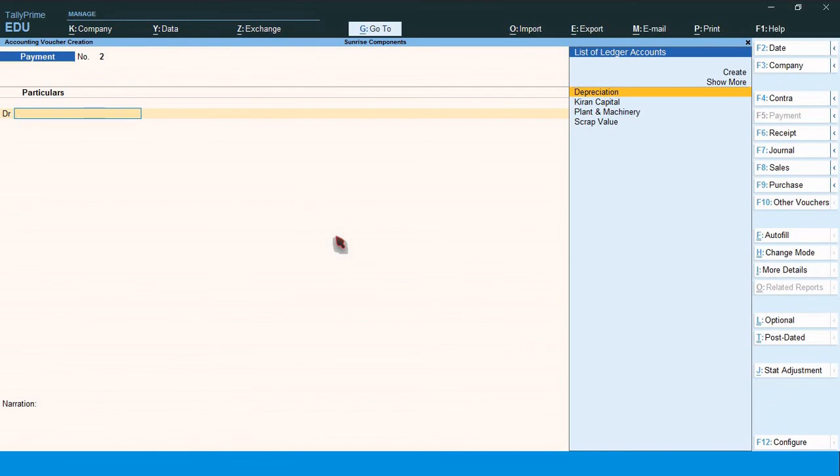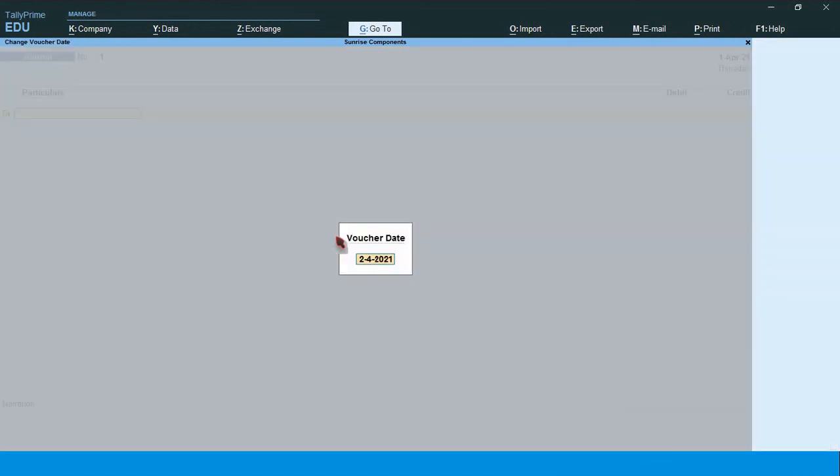Friends, here I can't show 5-year accounts, so I am going to enter month by month, but you imagine that it is year or annual. Now go to the journal voucher. Press F2 for changing the date. I will start from 1st May.